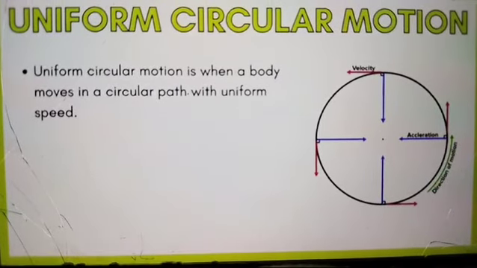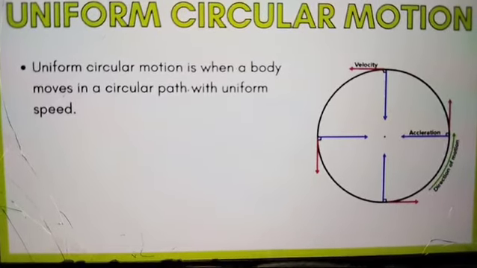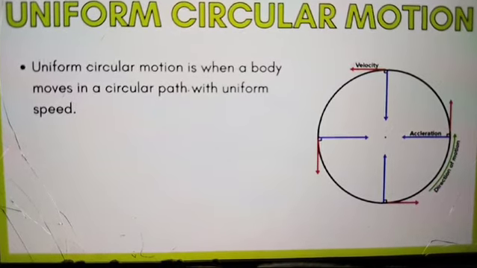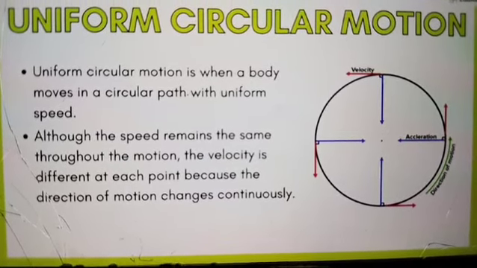Now, uniform circular motion is when a body moves in a circular path with uniform speed. Although the speed remains the same throughout the motion,